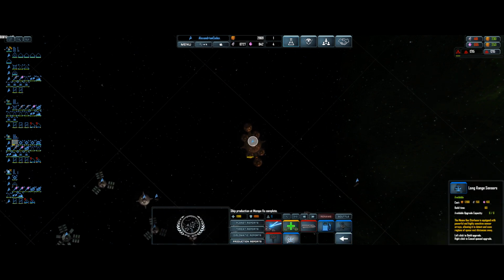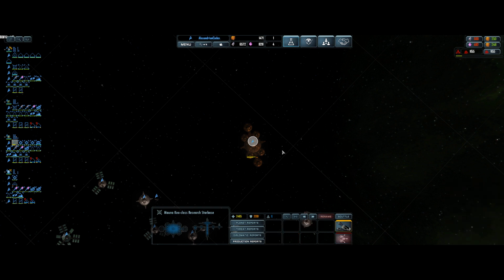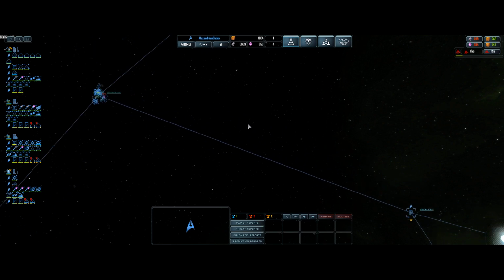You give long-range sensors. It's potentially interesting. Oh, you can also just work as labs. Huh. Okay. Sure, we'll give it a go, and that can let me replace some of these labs with other structures,